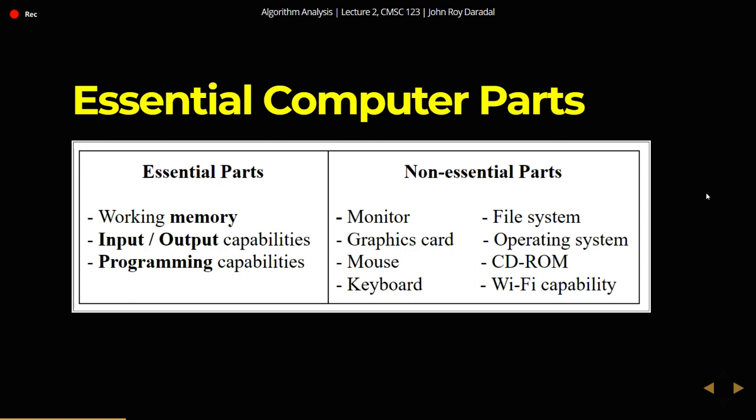So in analyzing algorithms, we only need three essential parts. That is the working memory, input and output capabilities, and programming capabilities. The rest of the computer parts are not really essential in analyzing algorithms. So things like monitor, graphics card, mouse, keyboard, file system, OS, CD-ROM, and Wi-Fi capabilities, you don't need those when analyzing algorithms. Okay? So this is where our first simplification comes in, the RAM model, or the random access machine